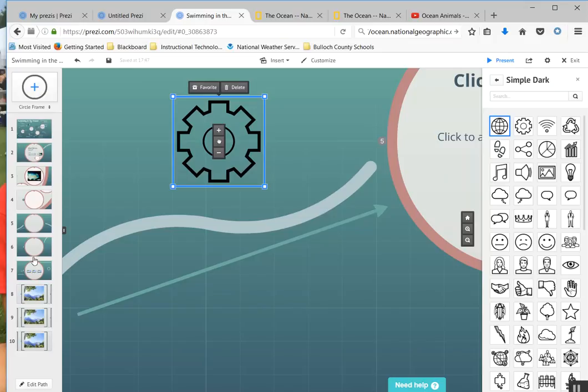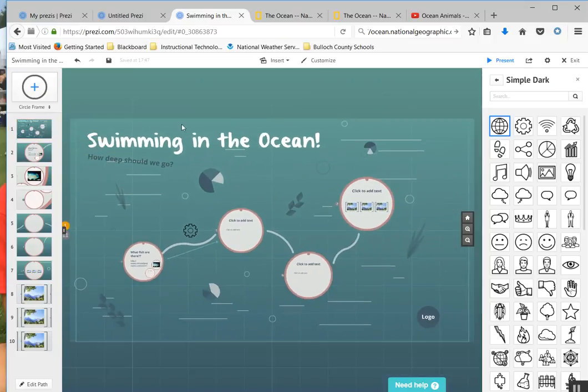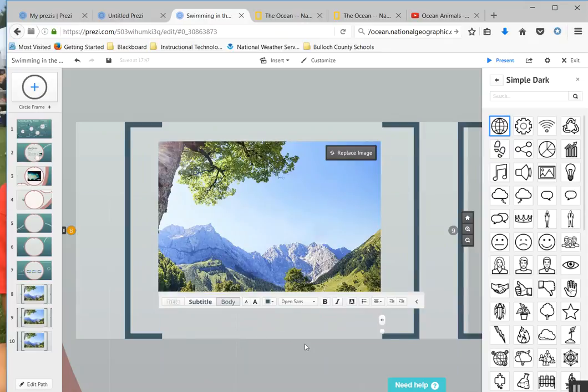Okay, I'm going to go over to, let's go back out and just kind of see the entire thing again. Okay, so you can kind of check and see how your whole presentation looks. I'm going to go to some of the preset pictures now. And sometimes some of the templates have these preset pictures and they have a caption down here. I'm going to do something that's kind of opposite from the